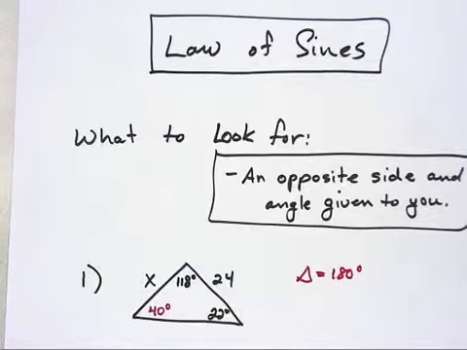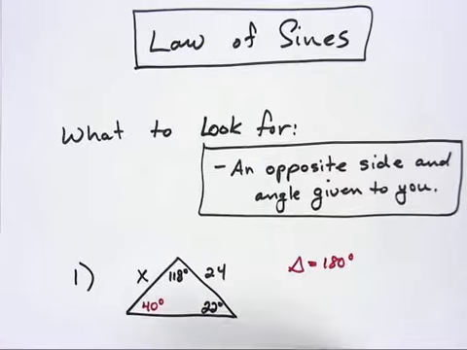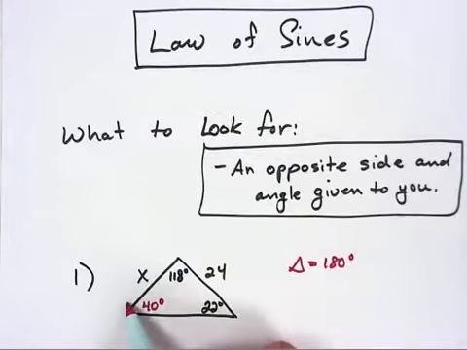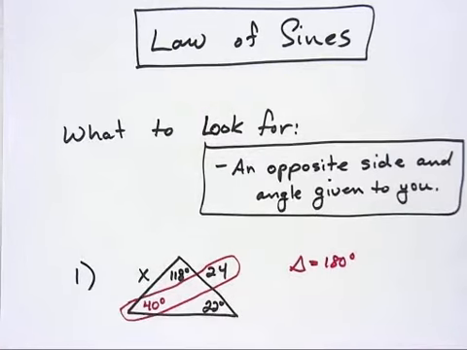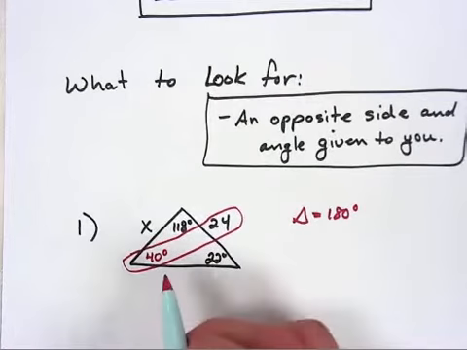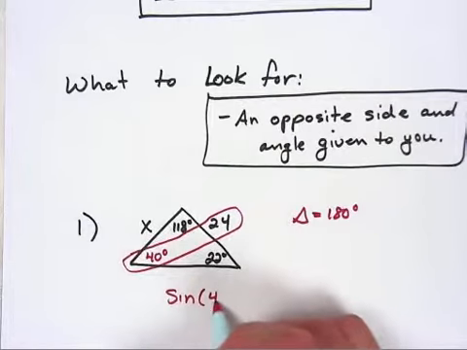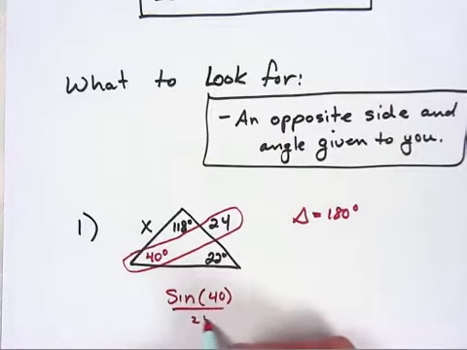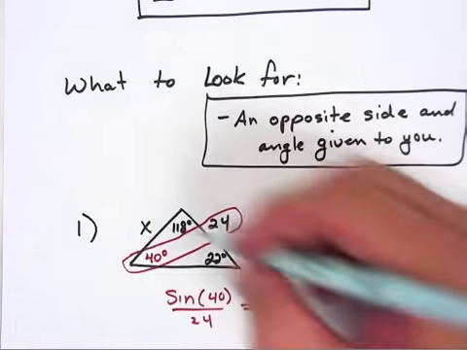Next, when you're looking at this, you want to make a proportion. A proportion is going to consist of 2 ratios that are equal to each other, and you're going to take the pair of pieces of information that you do know, which is the angle 40 degrees and the side 24 that are opposite each other, and you're going to make a ratio. That ratio is going to go in the form of sine of 40 over 24, and then you're going to set it up equal to another pair of pieces of information that are